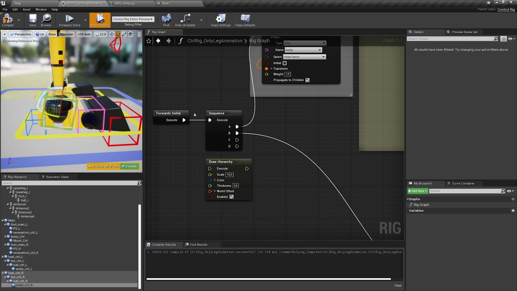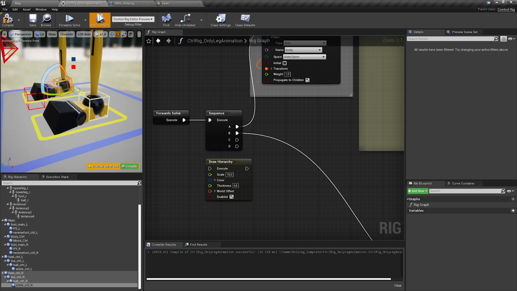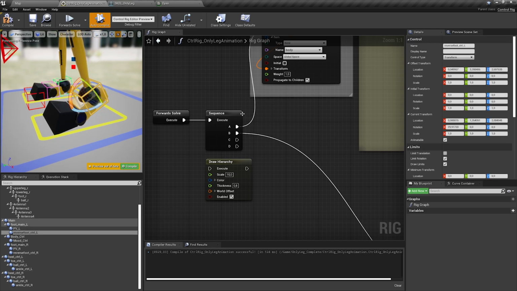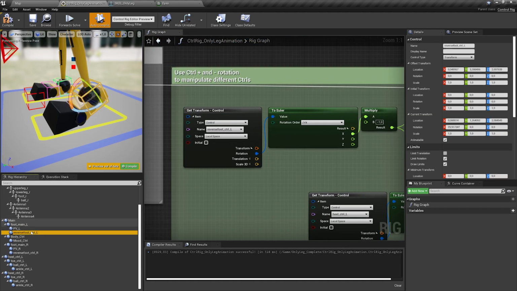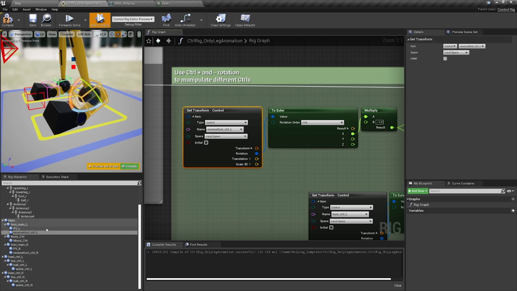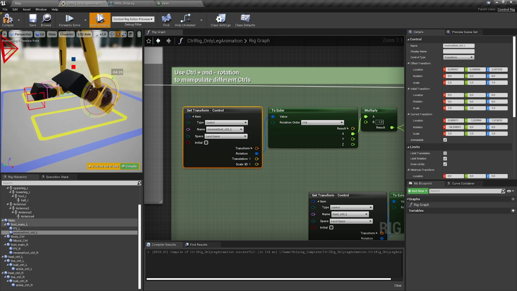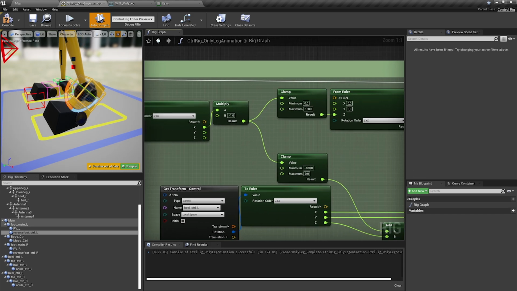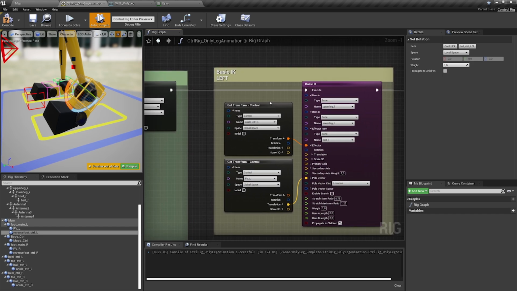Let's plug that in, and let's go to the other side where I hid all the controls that are not needed for the animator. So here I have this control. When we take a look at the node here, you can see I'm using local space, and in this way I can figure out on which axis it's going in a positive or a negative rotation depending on its initial setup. And so with this, I can just say if it's negative or positive, I'm either distributing it to the toe or to the heel. And after that, we do the basic IK we have seen before,